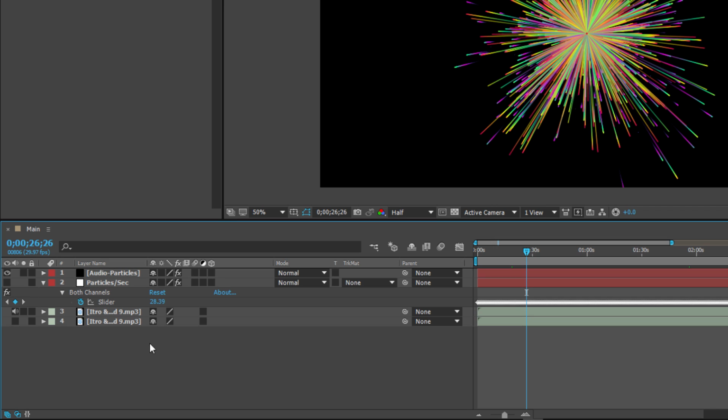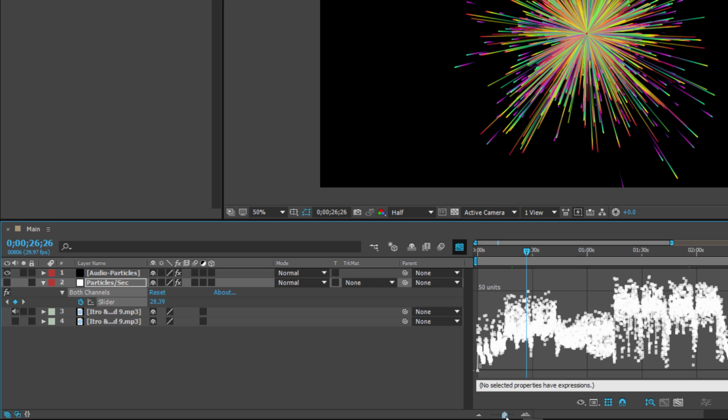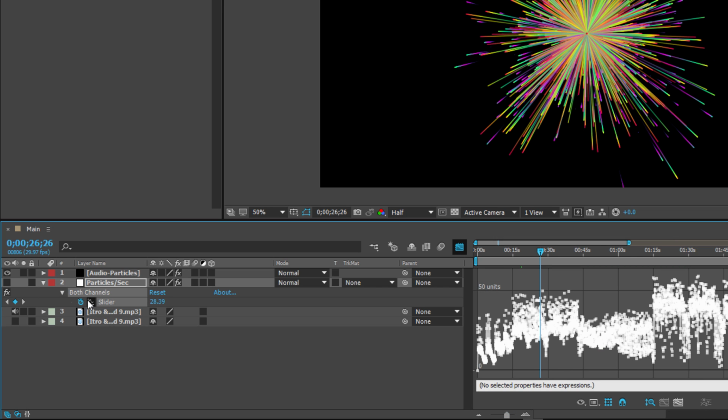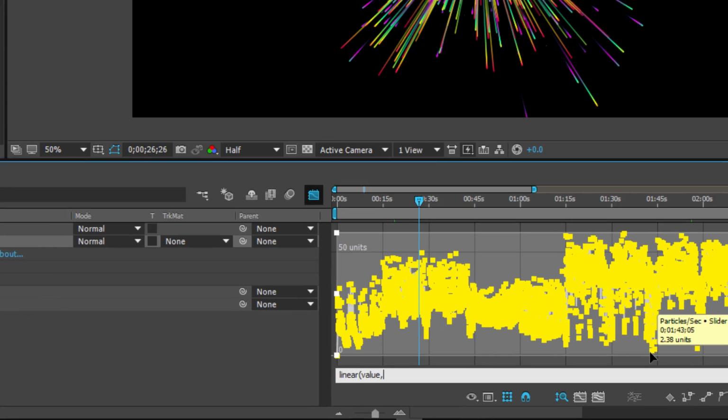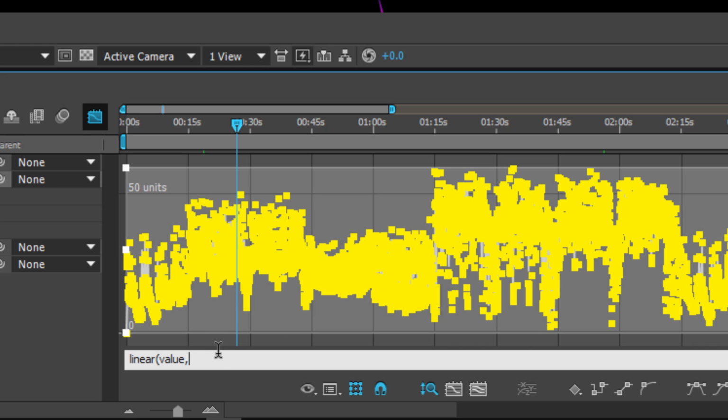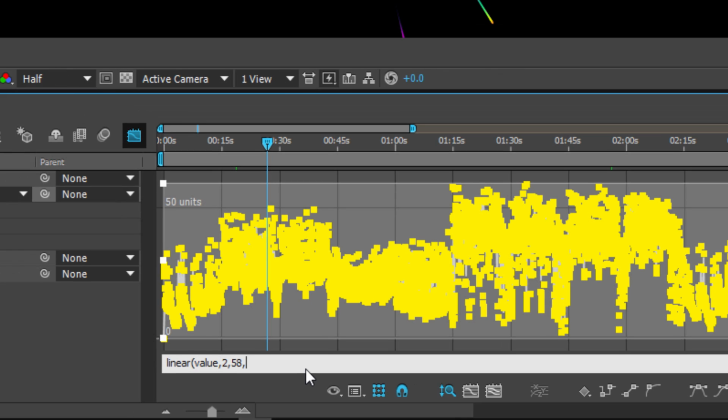So what I'm gonna do is I'm gonna rename this layer to particles/second, and I'm gonna go into graph editor right here, and I'm gonna alt click on this time watch, and I'm gonna type linear, brackets, value, comma. And now we need to find the lowest value. So let's go with 2,